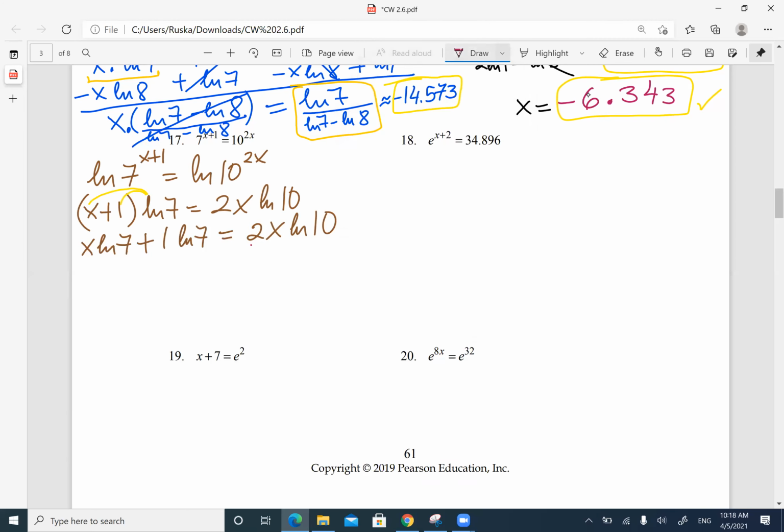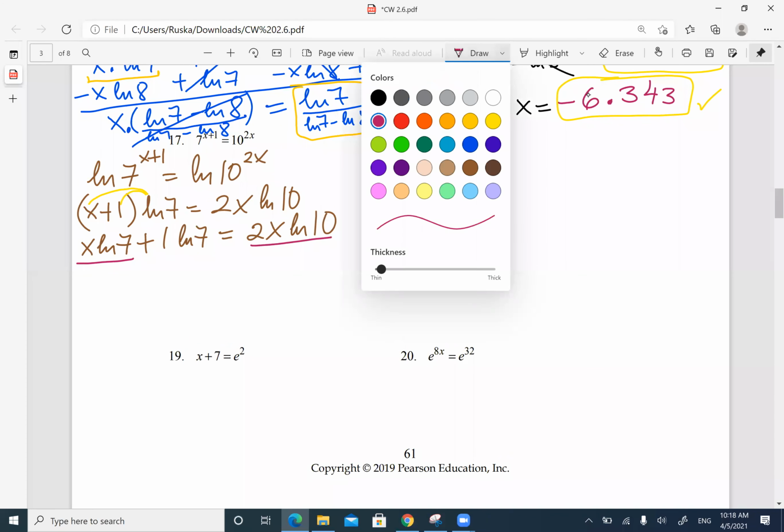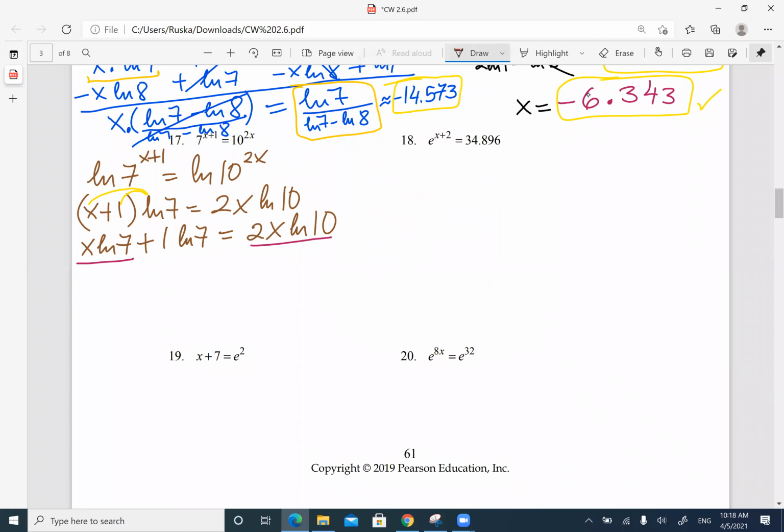So I have x here and x in here. So I'm going to move the x's together, and the numbers are already on the same side. So I'm just going to keep this ln 7 here. So I'm going to subtract x ln 7 on both sides. Cancel this. And I'm going to get ln 7